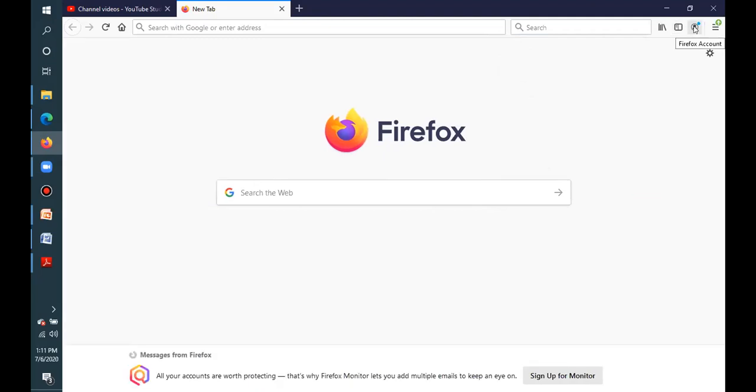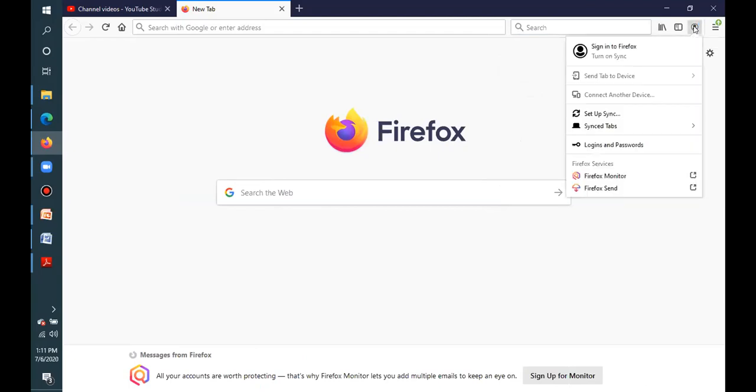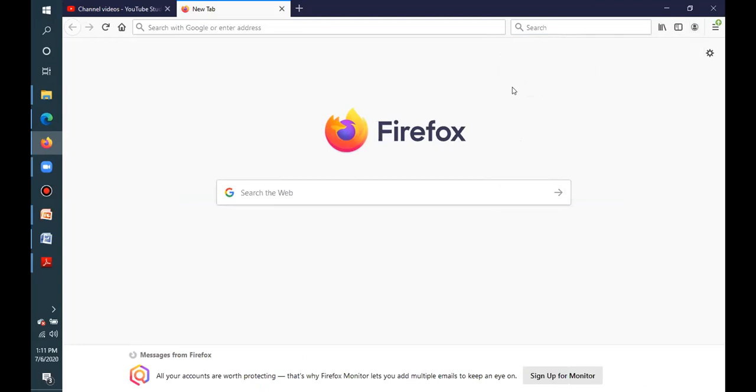Then here is your Firefox account. If you click here and sign in to this Firefox account, it will display your picture, name, and other details. And you can even log into your browser. Sometimes, if we use our personal computer, personal laptop, desktop, or personal mobile phone, we never sign out from our different accounts, isn't it?